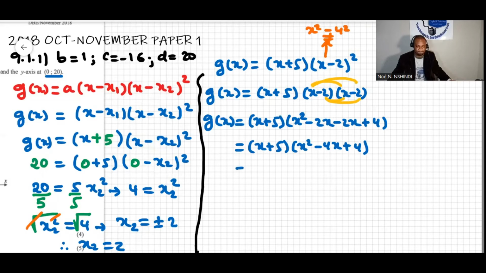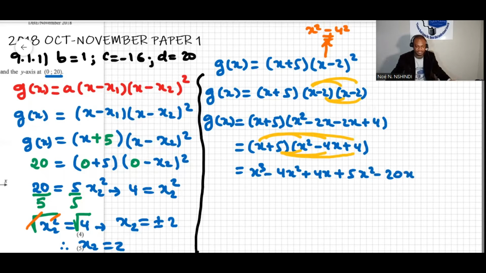Multiplying again, this, that, this, that, and that would be x cubed minus 4x squared plus 4x, and then plus 5x squared, and then minus 20x, and then plus 20. Then this will make x cubed, and then like terms like this and that,